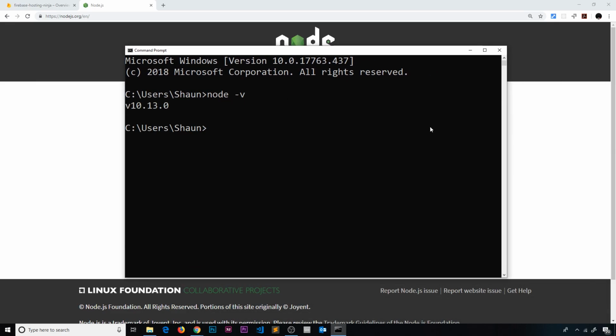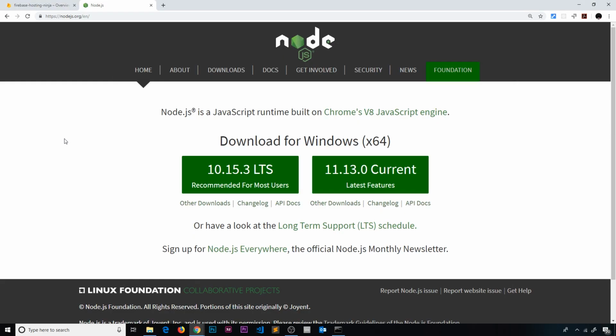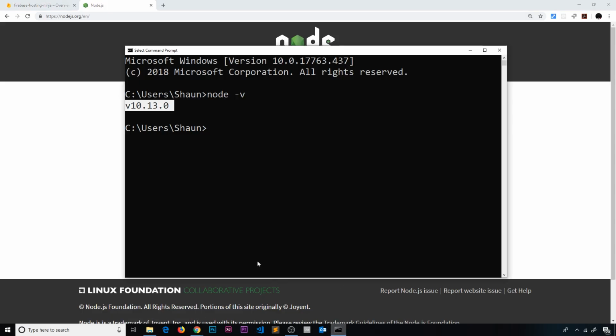And that should give you the version number that you currently have installed. I've got 10.13.0. So download this one on the left over here. Go through the installation steps, dead easy to do. Then reopen your terminal and just type out node -v again to make sure that you have it installed on your